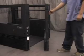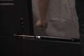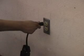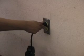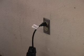Before the lift can be moved, it is necessary to place it in the transport condition. First, prop the lower landing gate open using the hold open washer on the door closer. Then, open the inner access panel of the left machinery cabinet and place the height adjustment knob in the transport position and tighten it. If a grounded 110-volt AC electrical outlet is available, plug in the power cord and turn